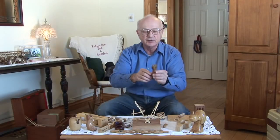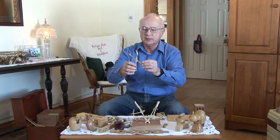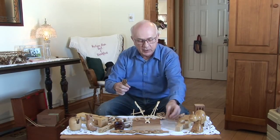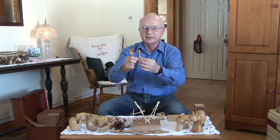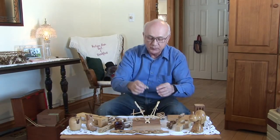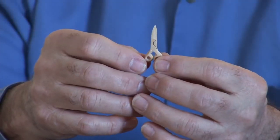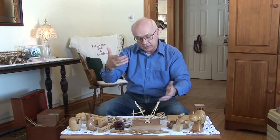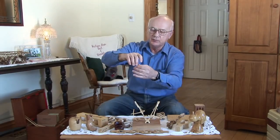And then of course I change the woods. This is butternut. I hope that shows up. And then I get tired of doing the same size, so I go smaller. And on some of the stuff, like the scissors, I get really small. And every one works. And I don't like doing the same thing over and over again, so I get into,